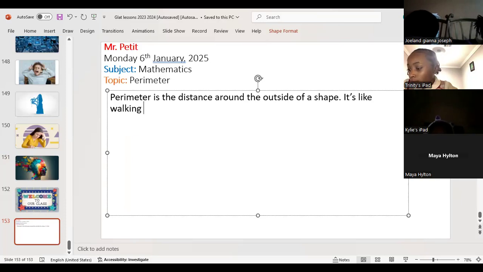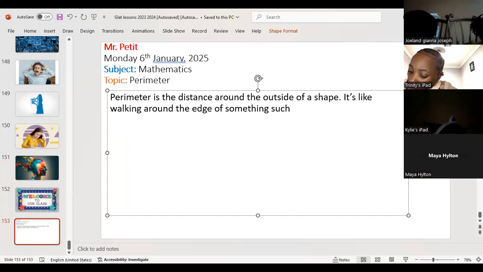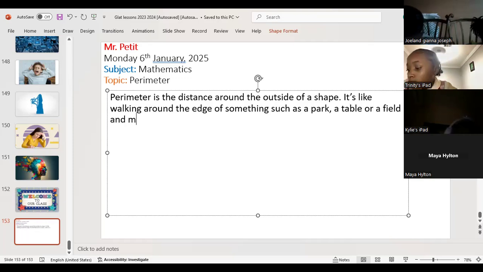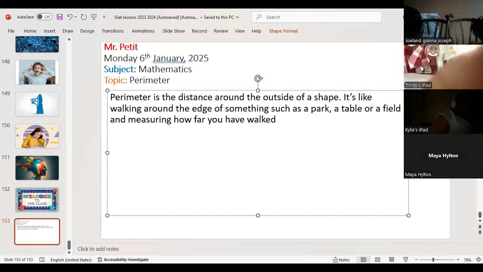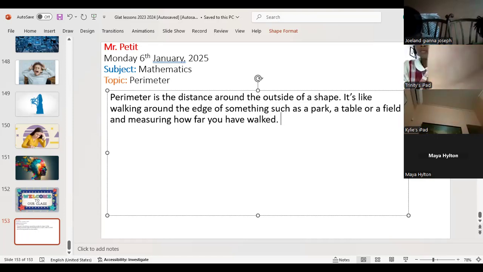Write this down for me, please. It's like walking around the edge of something, such as a park, a table, or a field, and measuring how far you have walked. So if you have an area, or if you have a shape and you are considering the distance around that shape, let's say for example,